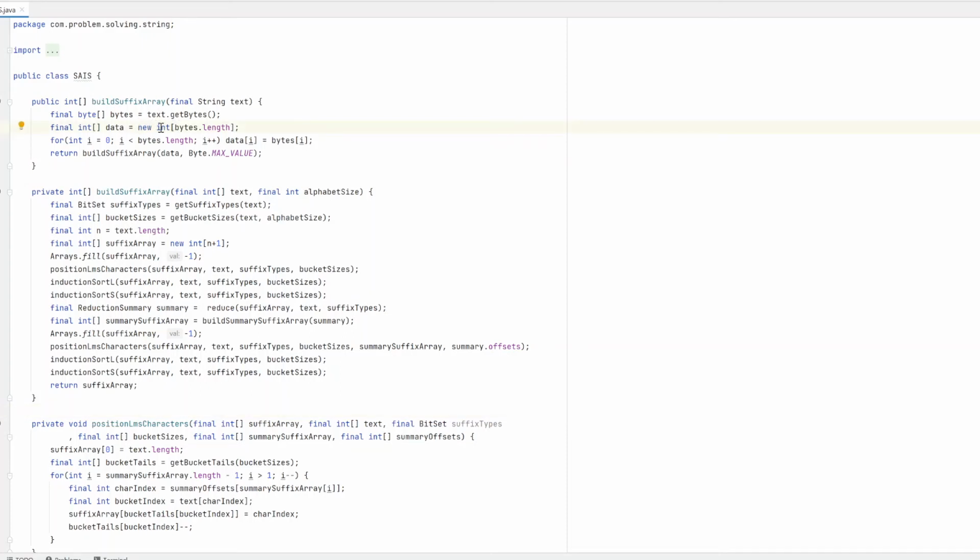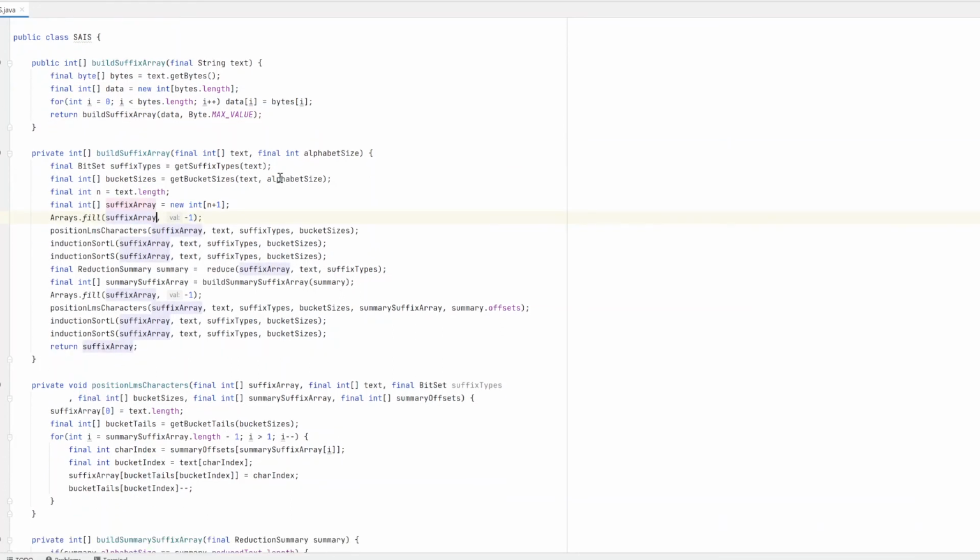Why we are doing this is, even though our alphabet size is limited, for example 1 to 127, the problem we will have is when dealing with the LMS blocks. The LMS blocks can be of the order of thousands or tens of thousands, because they are just patterns of these strings and can be in very large number. So I am taking an integer array here. And now we call our method build suffix array. Let's go through each line of this code and understand what we are trying to do.